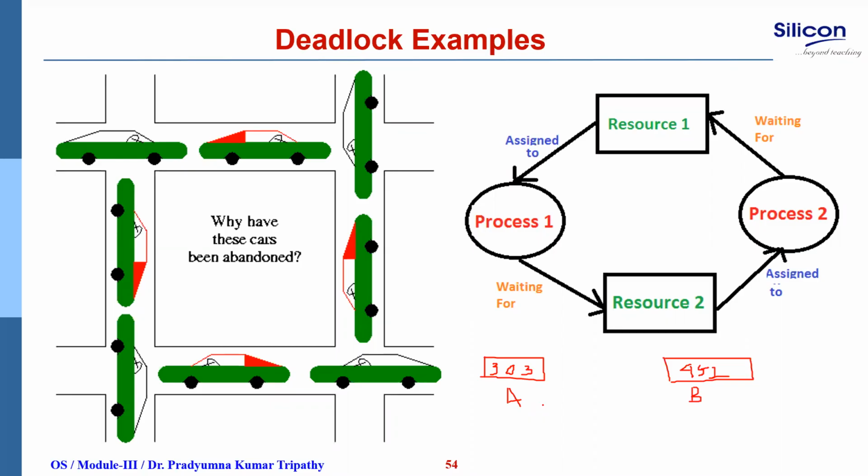Can they ever leave the room? They can't ever leave the room. Why is that? Because each one is waiting for the other. A is in 303, waiting for B to come so that he can leave the room. B is waiting over here for A, and if A comes, he will release the room. So both will stand in the room the entire day, but they cannot leave that room.